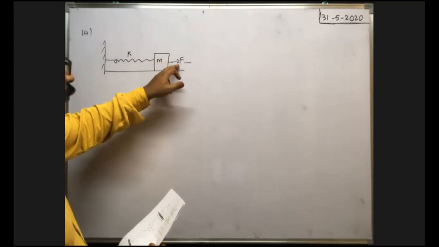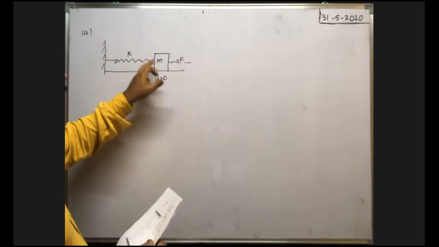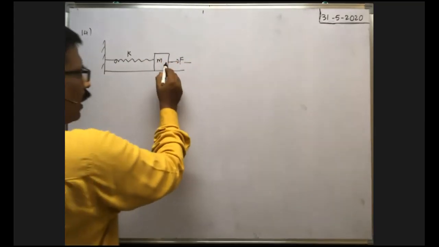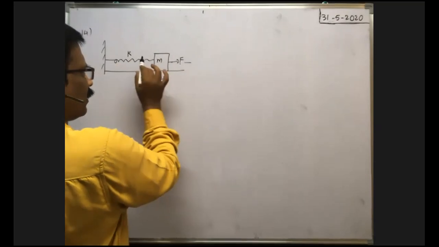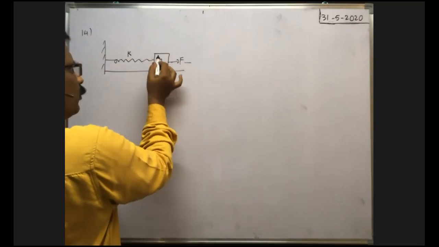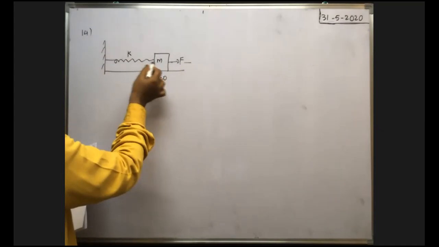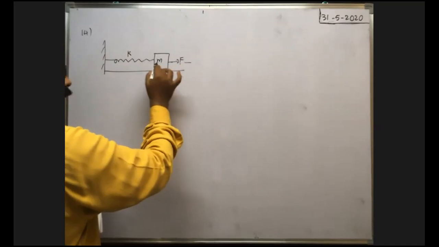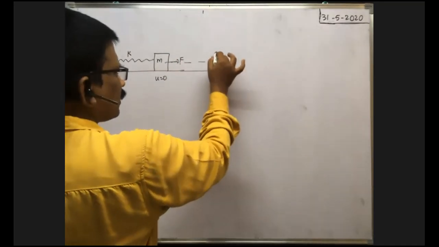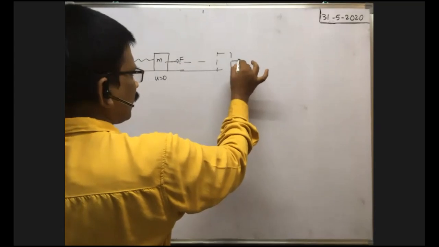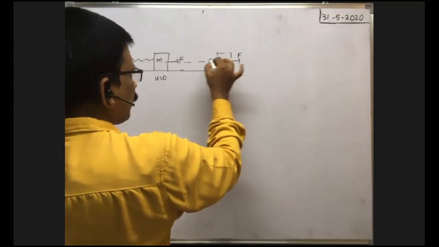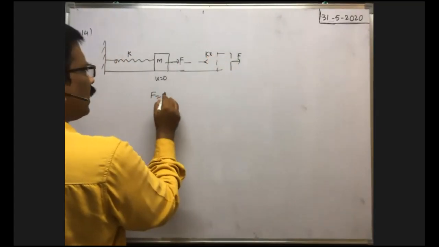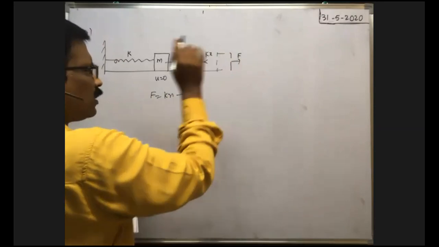Now by applying this force, initially there is no spring force. So when you apply this force, the block starts moving towards right. As the block moves towards right, the spring extends. Due to that, the spring force gradually acts on the block in the backward direction. As long as the applied force is greater than the spring force, the block moves in the forward direction, and after reaching a certain position at which the applied force and the spring force developed are both equal in magnitude, that means F is equal to kx.